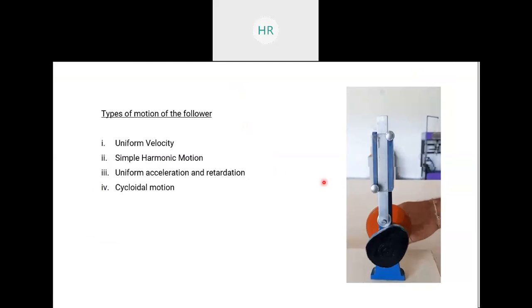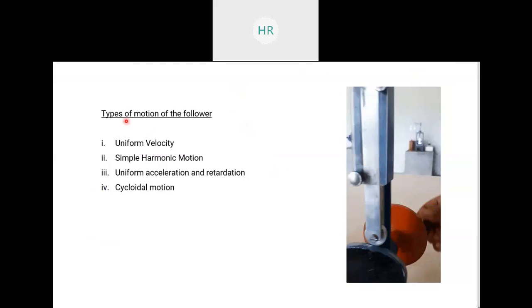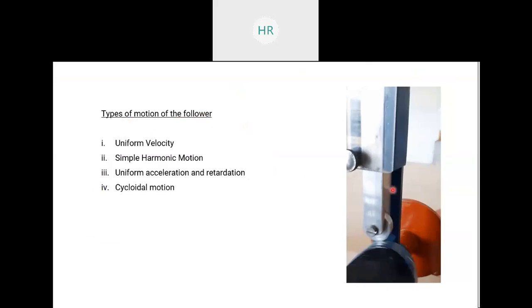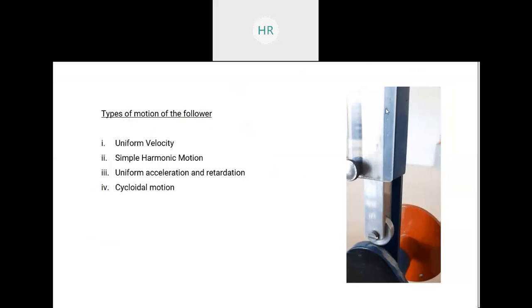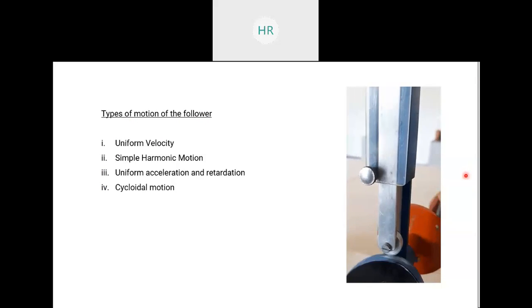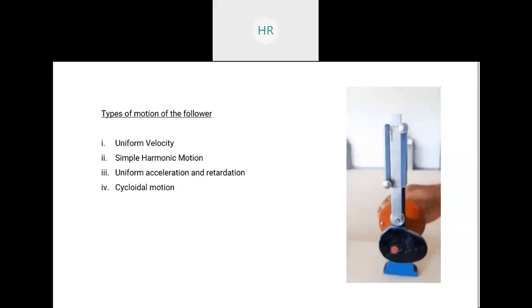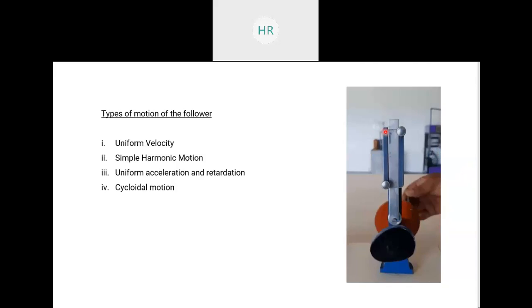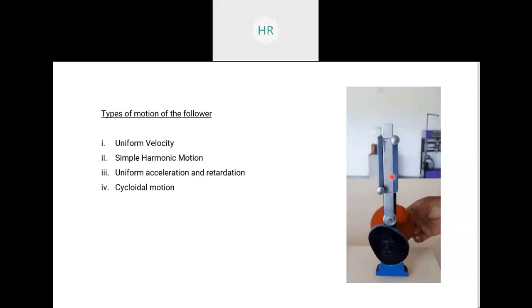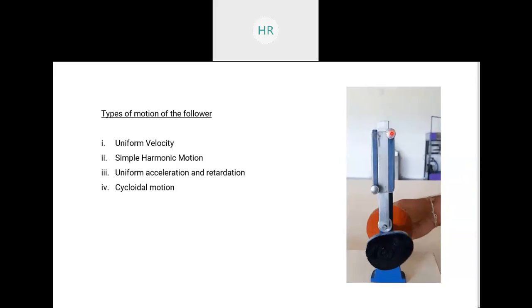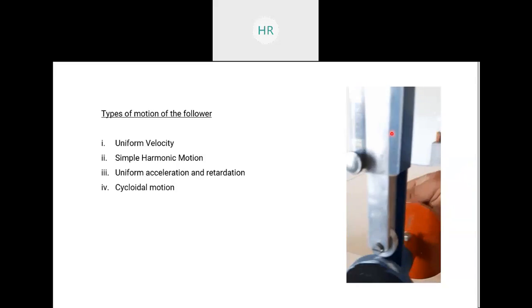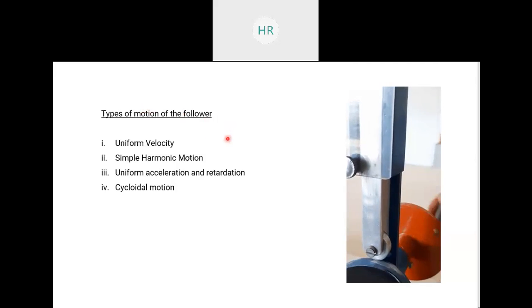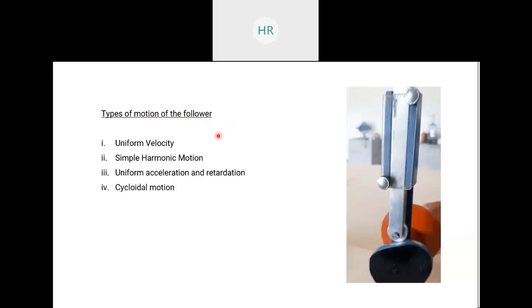Okay, so today we will have a look at different types of motion of the follower. Means the cam and follower के अंदर दो elements होते हैं. One is cam, that is the rotating element, and another is follower, that is the oscillating element. So based on this oscillation of the follower, it can also be classified like this, based on follower motion,